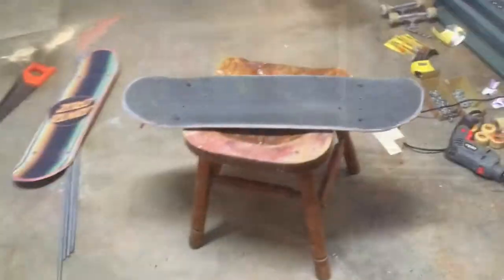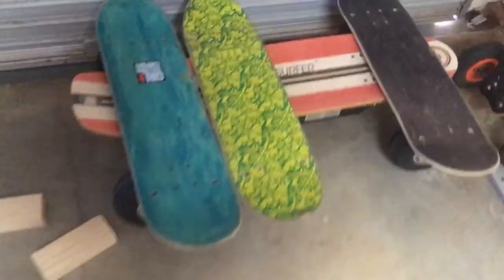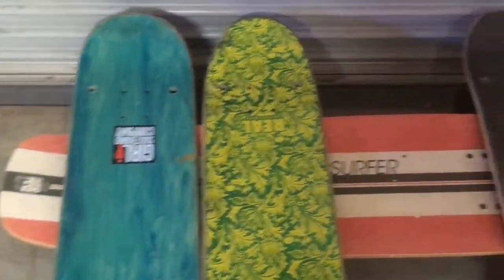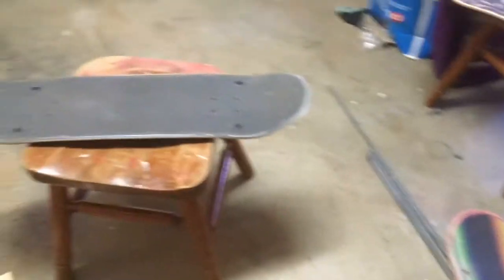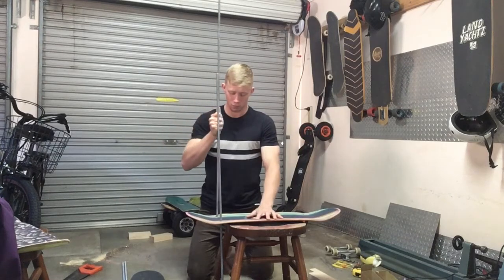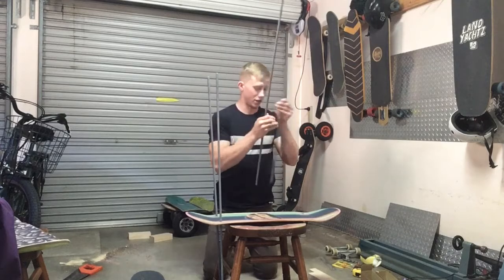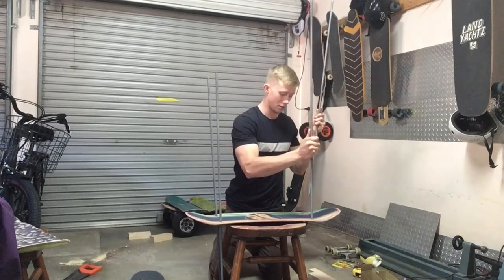Okay, so these are my skate decks drilled. Pretty good. I'm happy with that. And let's do a little test. This is my little test. See how my straight drill